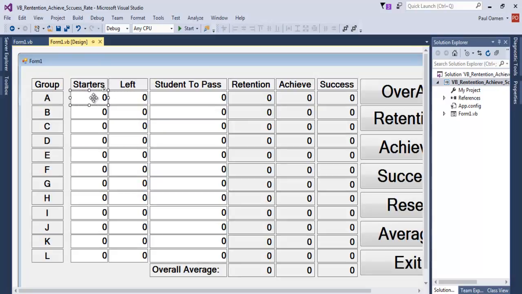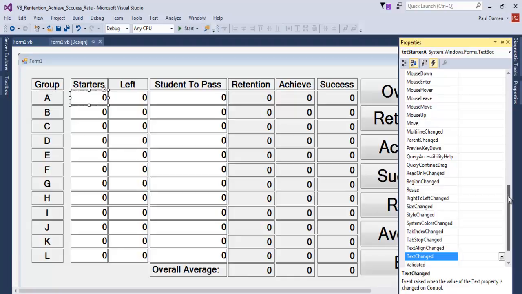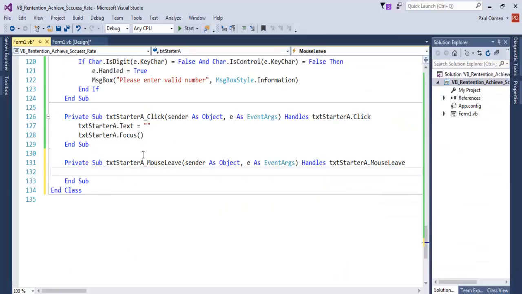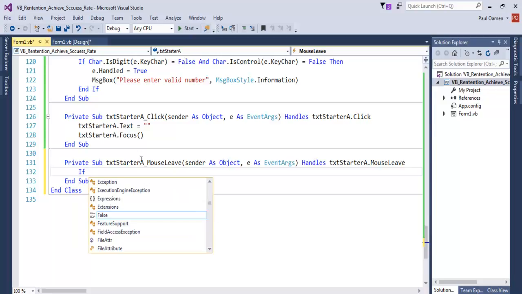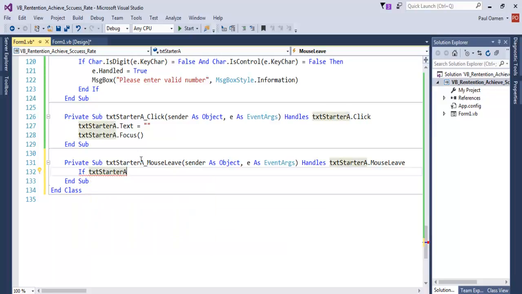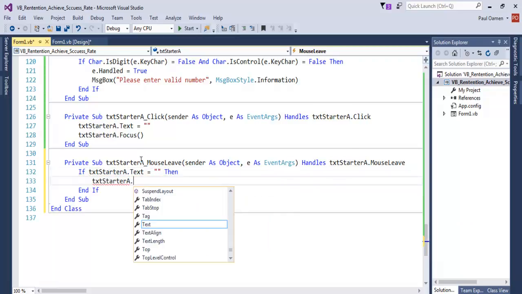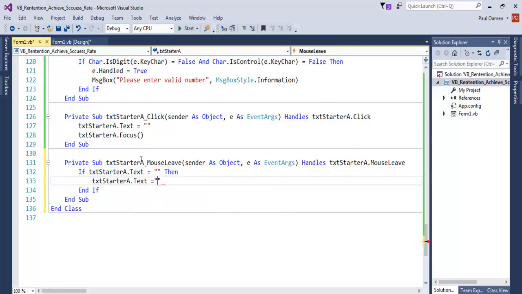So let's select that same component, come to the property right here and select mouse leave. That's it, the event mouse leave. Double click on that. We use an if statement: if txtStarterA.text equals empty, I would like it to change the value straight to 0. Which means if you don't do anything about that very component, the value should just change back to this. So if I run it now,